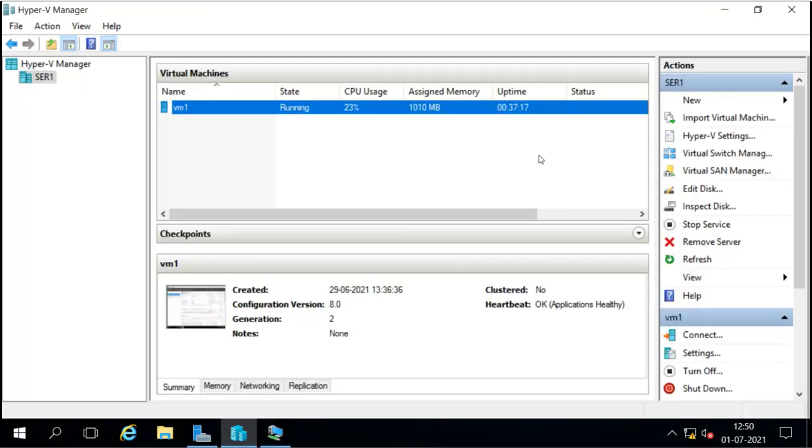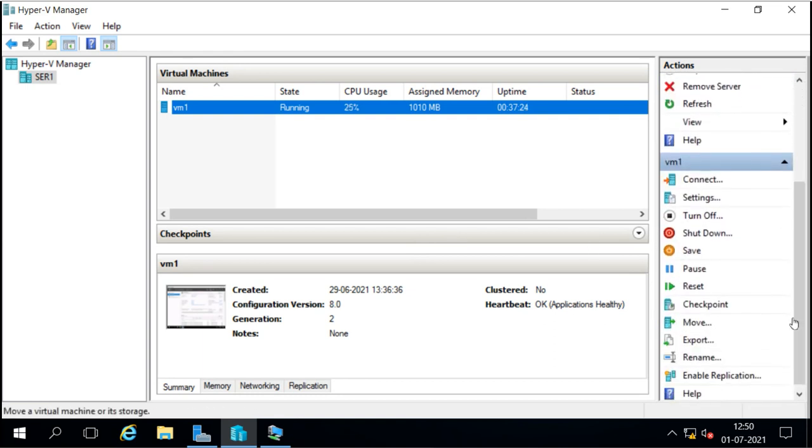Now when it is off, that means it will not use anything, but we have different states like save. When you save it, it will save the current status and it will go like it is shut down. It looks like a shutdown, but it will still keep the resources.